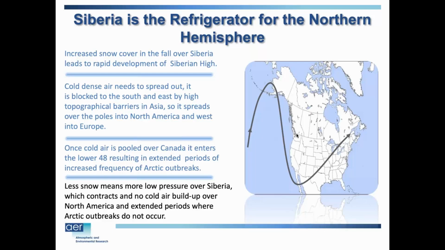And then if you had less snow cover, you have less reflectivity. The Siberian high is weaker, develops later. You have low pressure over the Arctic. You maybe have now a negative PNA, negative Pacific North American pattern with ridging near the Aleutians, troughing in the western North America, and then the southeast ridge with southwesterly flow across the eastern U.S. and maybe some cold air, though, in the western part of the country.